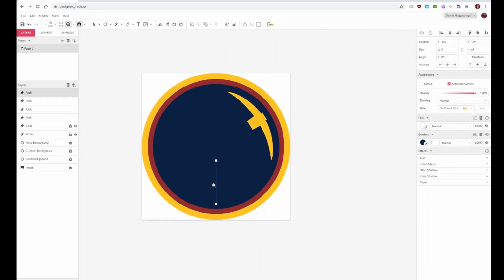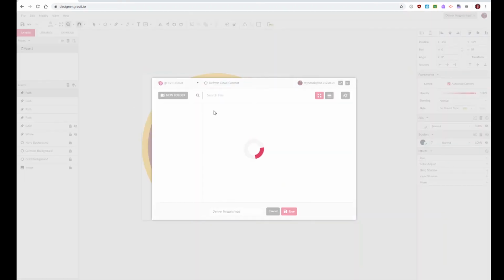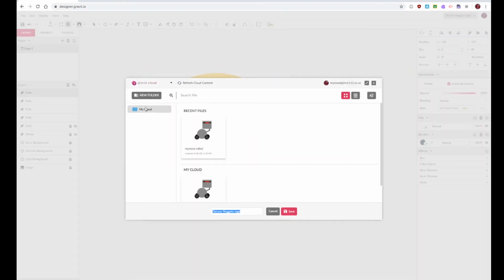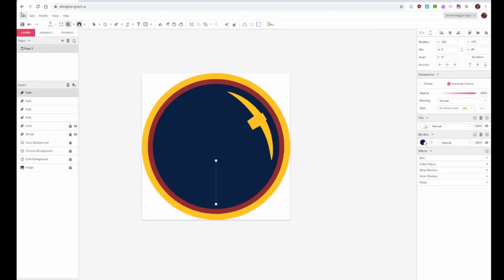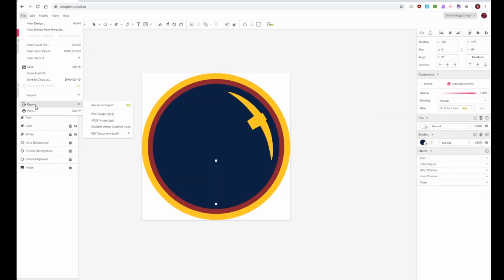Okay, so that's what we got, guys. Good luck. Oh, when we turn this thing in, this is what we're going to do. We're going to go File. Don't go Save unless you have Drive already ready, Gravit Cloud ready. Even if you do have a Gravit Cloud ready, you might have seen already, you have to export it to get it to me. What we will do instead is if you go File, Export, and go to an SVG,